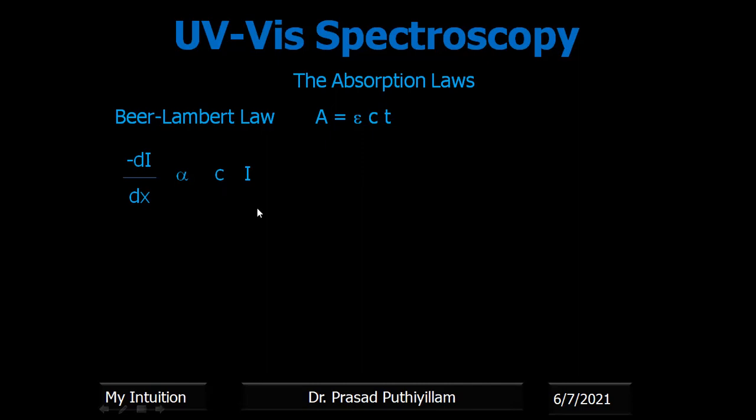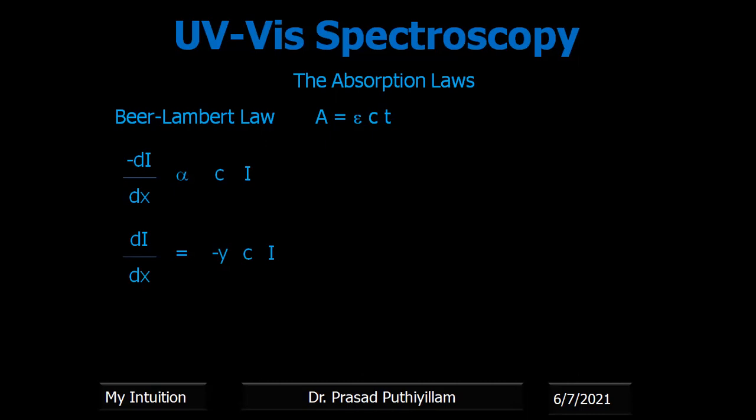Now we start deriving the expression from this equation. On rewriting, I want to give the negative sign to the right side, and I want to make this proportionality an equality. Therefore, I use a constant, and I give it a negative sign because I took the negative from this side. With proportionality we cannot derive anything; we have to convert it to equality, then only it is easy to derive. Therefore, dI by dx equals minus y, where y is a constant value to which the negative symbol is attached. So it becomes minus y, c as well as I.